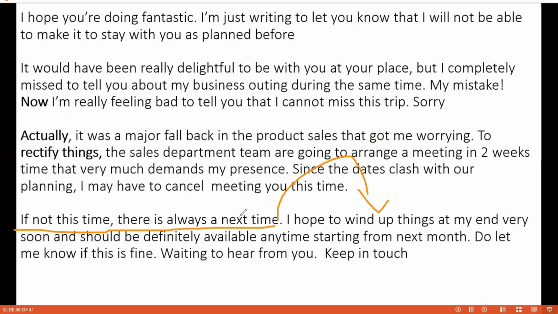I hope to wind up things. After this, it is related to the next line and even to the first line as well. So I think overall the coherence is totally fine too. So I really hope the session was helpful and you understood how to write an informal letter. It's basically all about the tone. When you know what tone has to be used and you're good at it, things will easily fall into place. So whatever you write, evaluate yourself with respect to four components: grammar, task response, coherence and cohesion, and lexical resource. Do not forget that, and if you need any help, at any point of time, you can always send us a mail to avail our services.